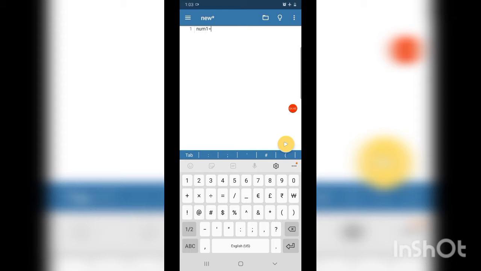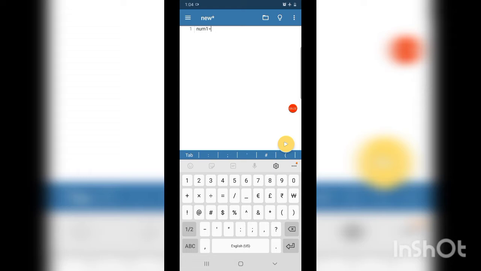We are giving the values at runtime, that is, after running the program we are giving the values, using the input function. But in the previous program, how we found the sum is, we just gave a equal to 2, b equal to 3, c equal to a plus b. We were specifying the values inside the program itself. But here, by using the input function, we can specify the value at runtime. While the program is executing, we can give values of our own. We can change the value.